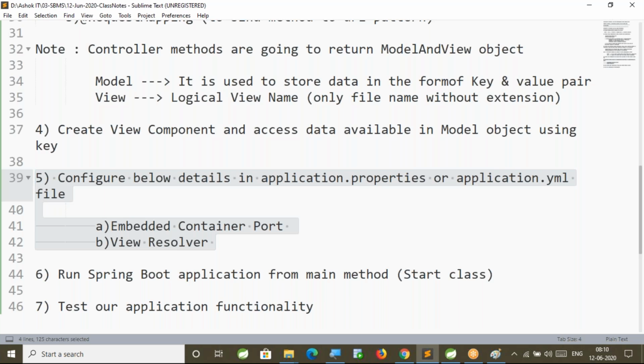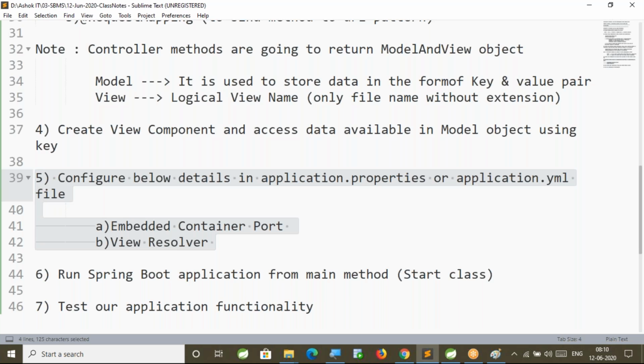But this is Spring Boot. It is an approach to develop an application with less configuration. Here I am not enabling any component scanning. I am not configuring anything in the web. First of all, web.xml itself is not available. The web.xml file is not available. I am not configuring any dispatcher servlet. I am not configuring any context loader listener. Nothing is required, because Boot is going to take care of all those configurations. That is called auto configuration in Spring Boot.